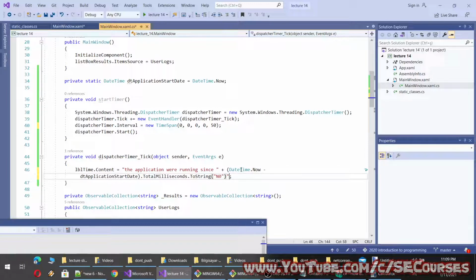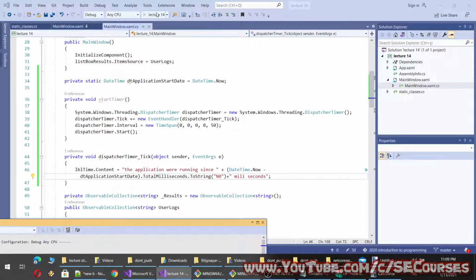And let's add to end of it as milliseconds. So it will calculate the past milliseconds since the application beginning and update the label content.